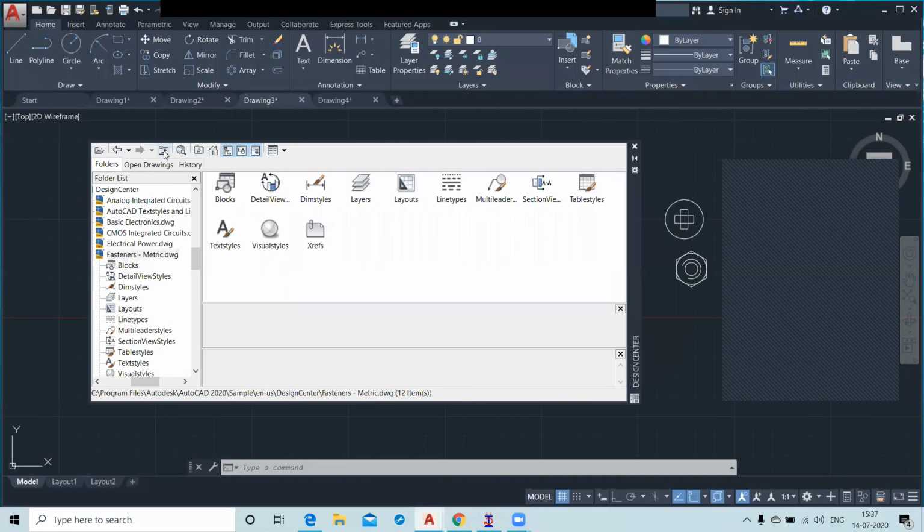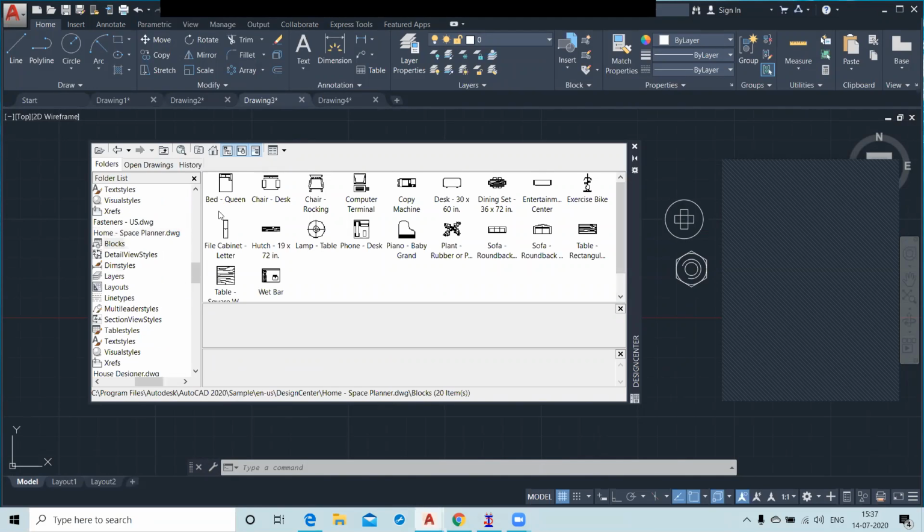The location of these folders is in C, Program Files, Autodesk, AutoCAD 2020, Sample, ENUS, and DesignCenter. Similarly, you have the House Designer. In this we have the bed, chair, rocking chair, computer table, copy machines, and more.